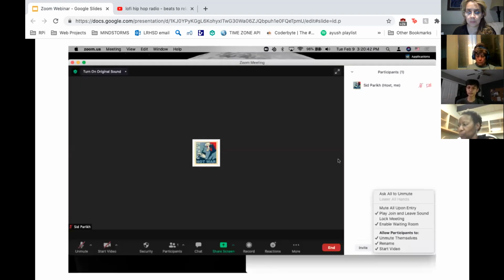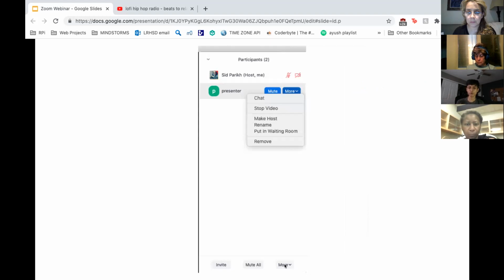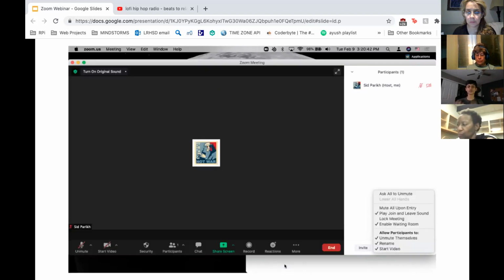Also on the participants tab, there is a button on the bottom right that says more. And this gives you settings for all of the participants at once, and also meeting-wide settings. So this gives you the option to lock the meeting, which lets no one else join. It gives you the option to turn on and off the waiting room, which is how you can filter in newcomers. It gives you the option to